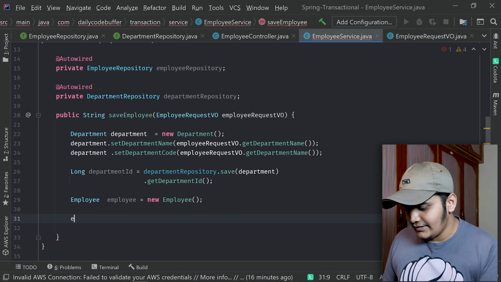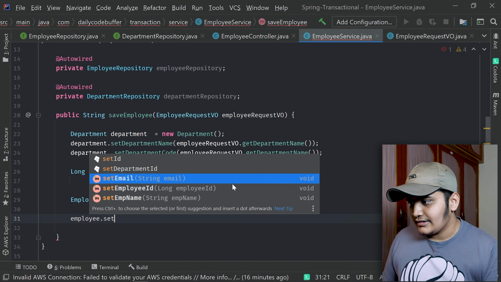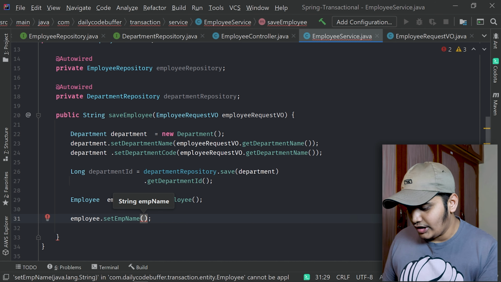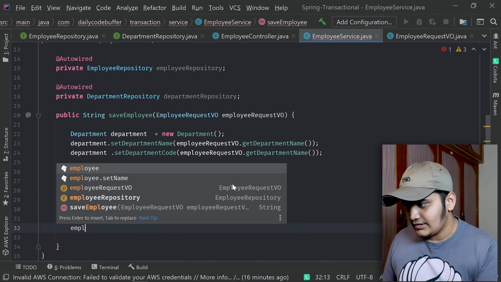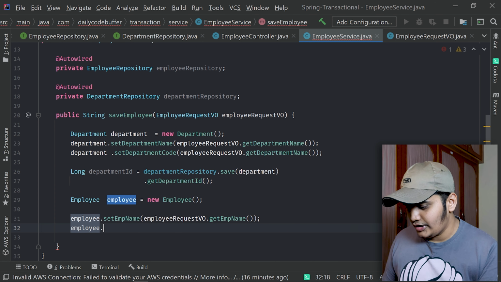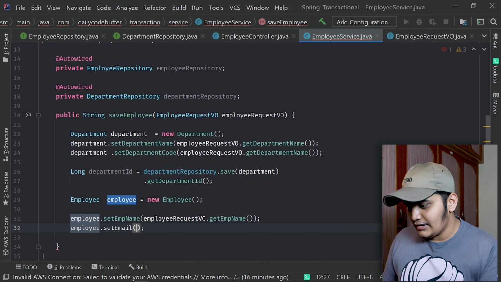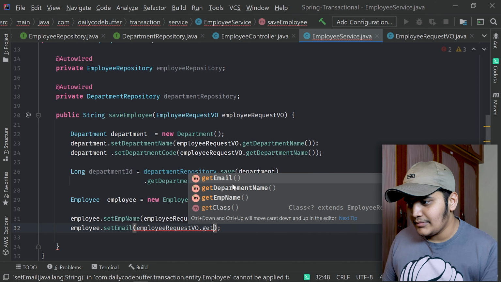Here what we have to add is employee.setEmployeeName, and we can get the employee name from the employee request VO. Same way for employee.setEmail, we can get from employeeRequestVO.getEmail.